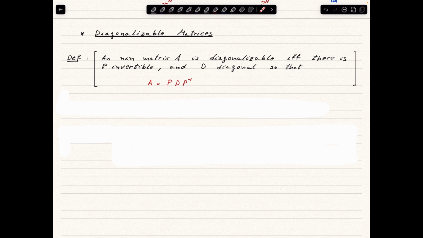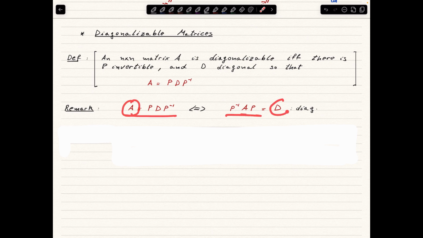Then we say matrix A is diagonalizable. And why do we say that matrix A is diagonalizable? Because then it's very simple to see that we can transform matrix A into a diagonal matrix by a simple multiplication. So you see what happens when we multiply the whole equation by P inverse here and P inverse. That is going to give you an identity, and then you're going to have P inverse A. And on the other side we have P